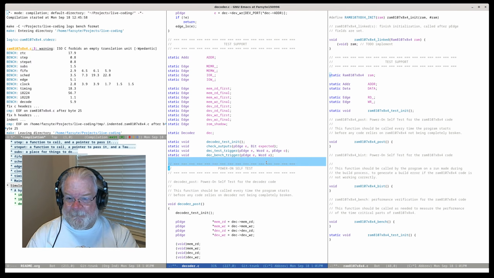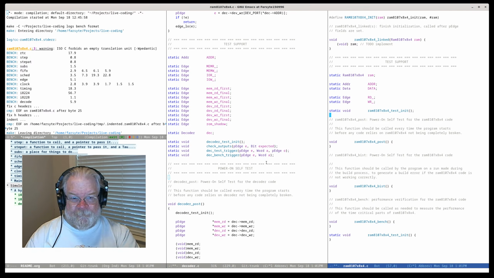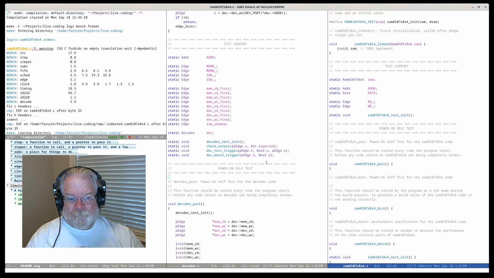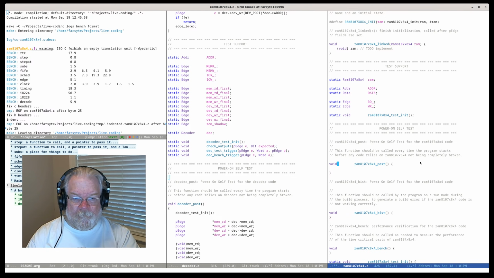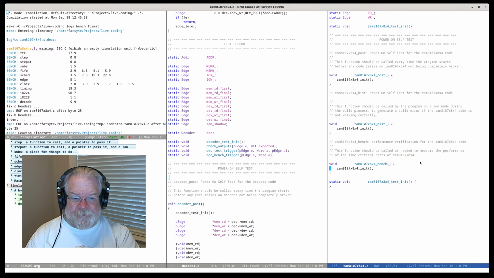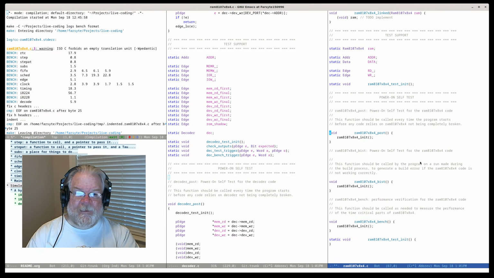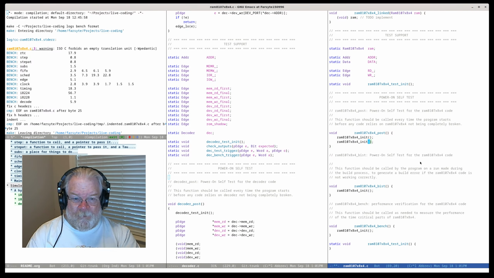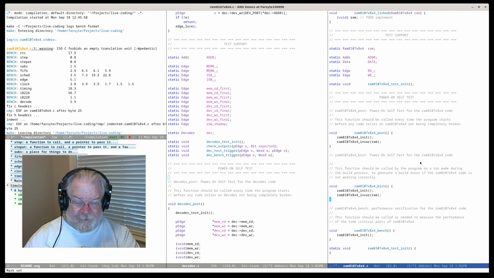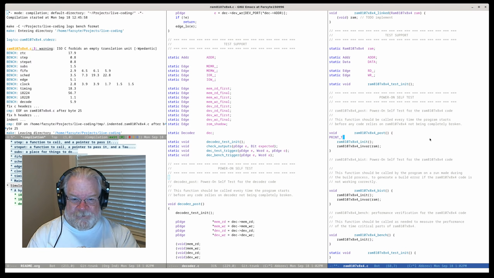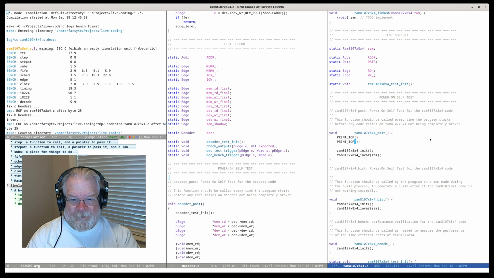Power on self-test. All three of these guys need to do the power on self-test, or they need to do the init. They need to do an invar. Well, the first two do. Benchmark isn't going to run the invariants at that point. And for now, I need to say print top, print end,